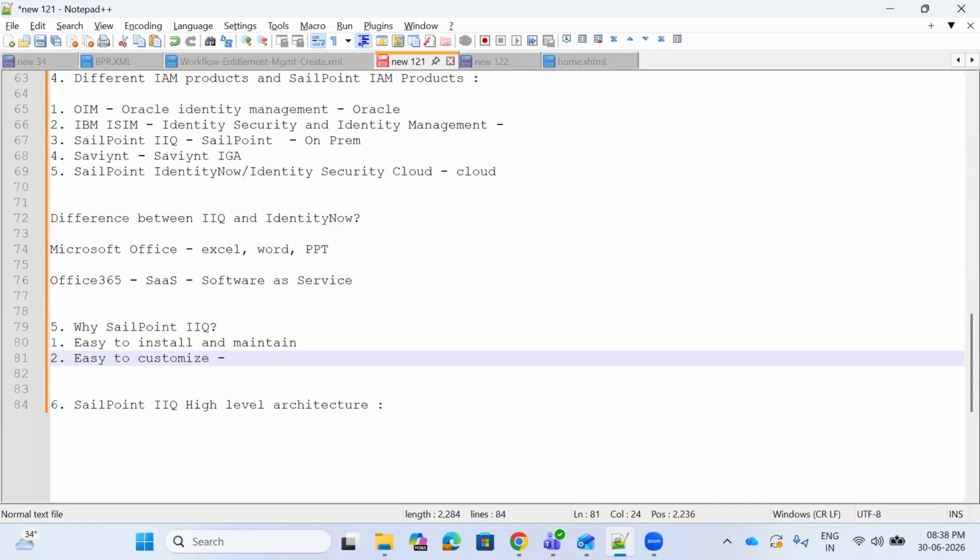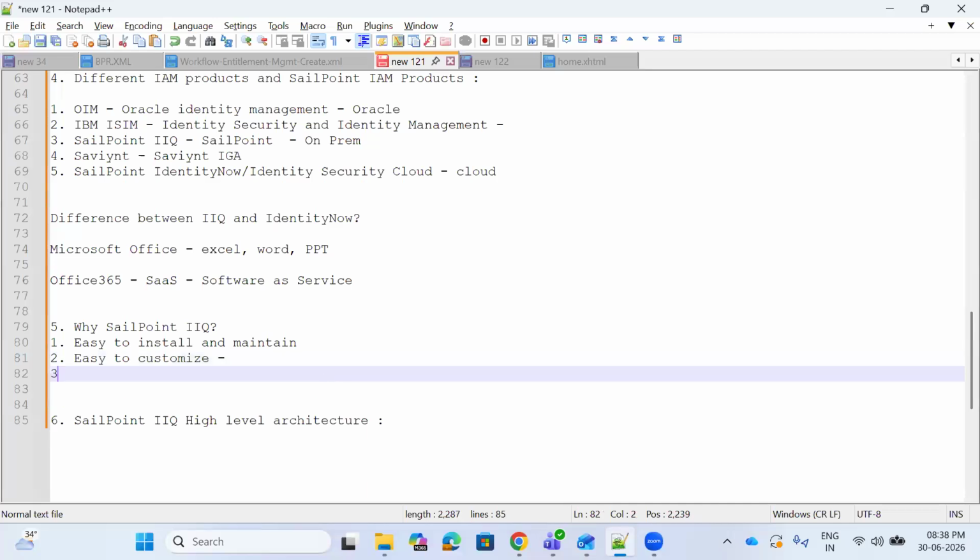So SailPoint offers that much of a free hand to developers in order to do customization. You can do minimal customization with 1 or 2 lines of code, and at the maximum, you can altogether create a replica of the same software also. That much of control we have. Okay, so it's a developer's tool. People who are into development love it very much. Okay, and also the kind of features